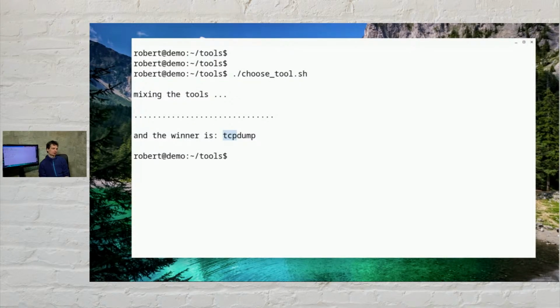So tcpdump can be used to monitor, to watch the packets that are flying into your system and that are flying out of your system. You use tcpdump to switch a network interface your system has into promiscuous mode, and then tcpdump